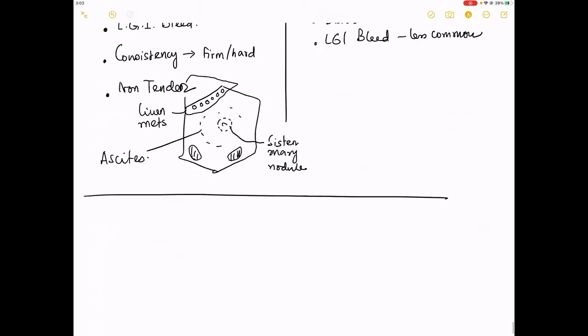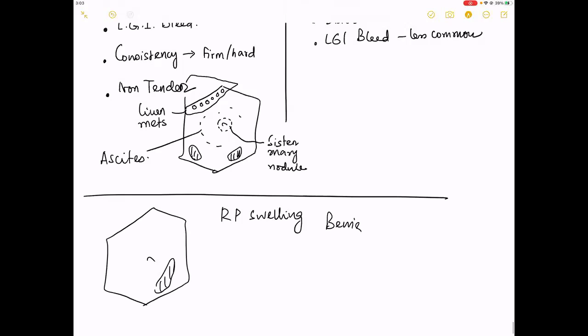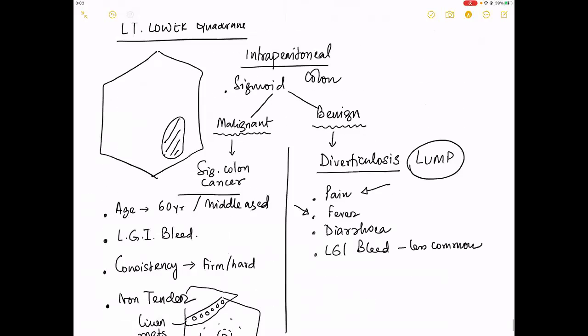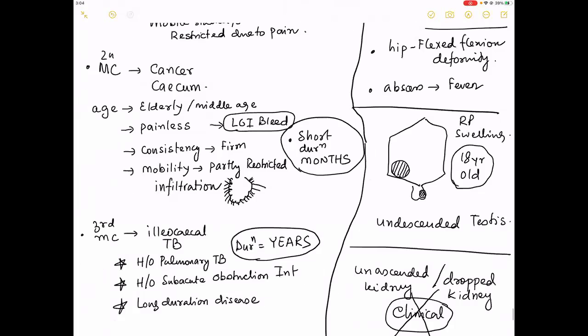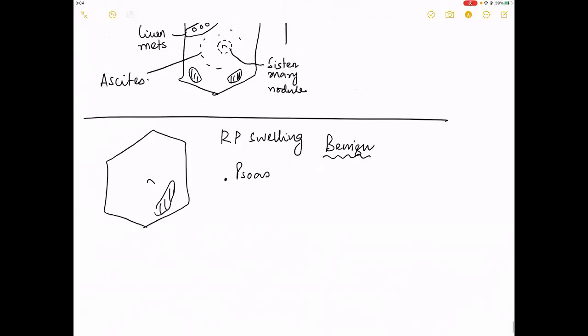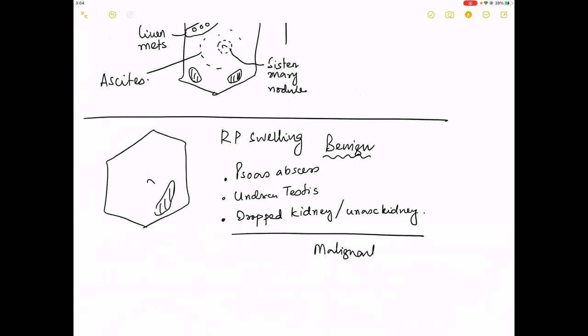Now, can you name me any cause of retroperitoneal swellings in the left lower quadrant? Very good. Can you name me any benign cause in this area, sir? Benign cause. Come on, guys. I taught you this one. This is the mirror image of the right. So, what will be the benign cause? Psoas abscess. Number 2 is undescended testis. And what is the third thing that I told you? Dropped kidney or ptotic kidney, but you cannot make it as a clinical diagnosis. As a cause of a swelling in the left lower abdomen, retroperitoneal sarcoma.